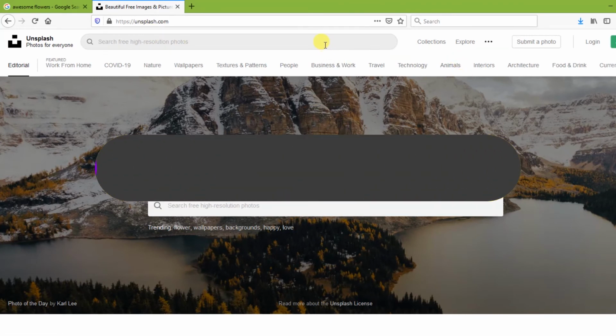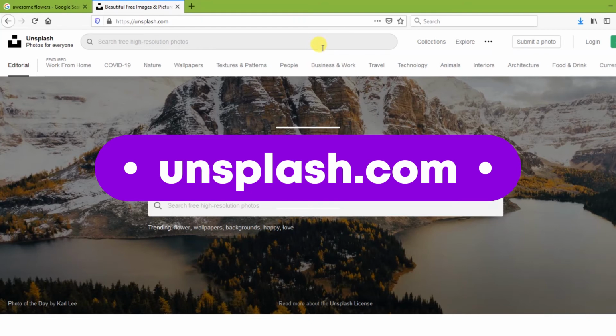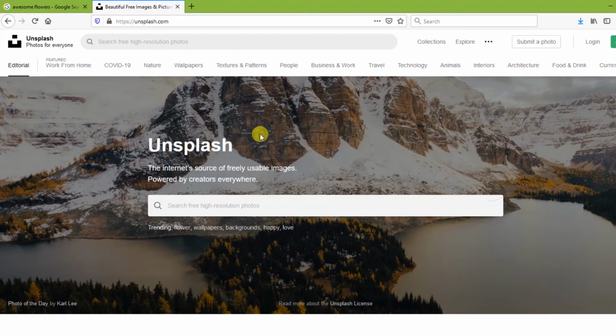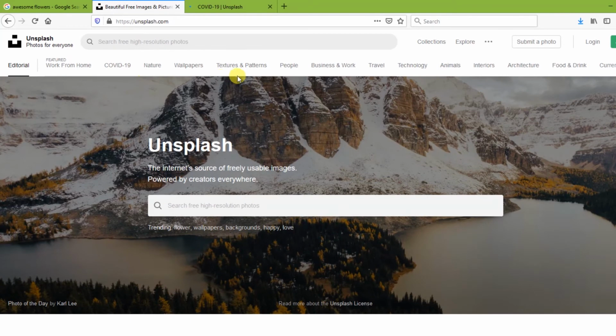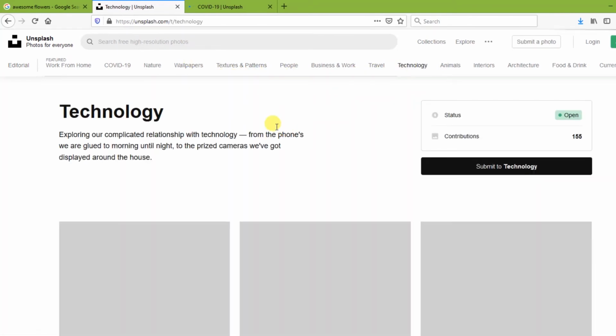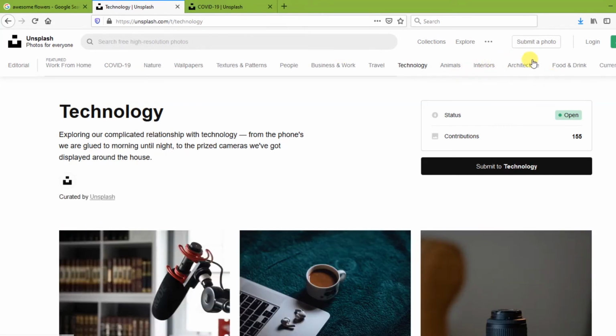In our last, number 1 is Unsplash.com. This website is very popular, and this website has a much bigger database of images compared to other websites. On the last website I showed you multiple options, vector, SVG or music, but Unsplash only focuses on stock images, and a huge stock, I must say. Here you can see the top website design, you can understand this is going to be an amazing website.